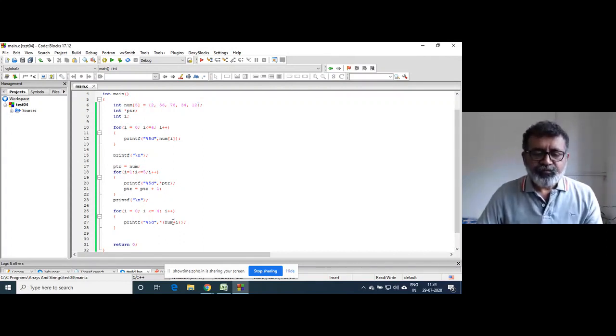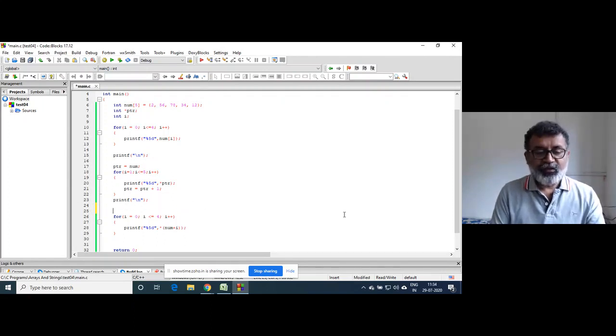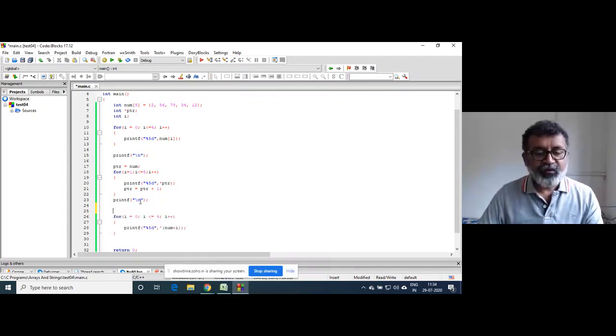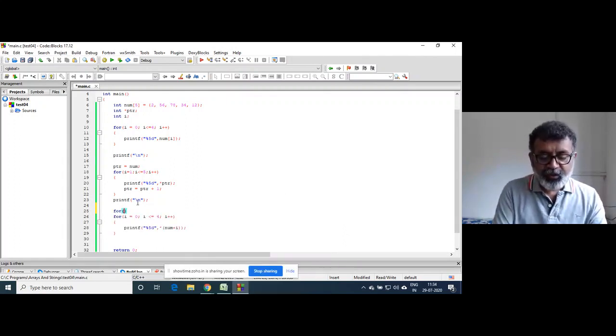Now, when i becomes 1, the base address... In the last program we printed the base addresses. We will print that again, for i equal to 1, i less than or equal to 5, i plus plus.